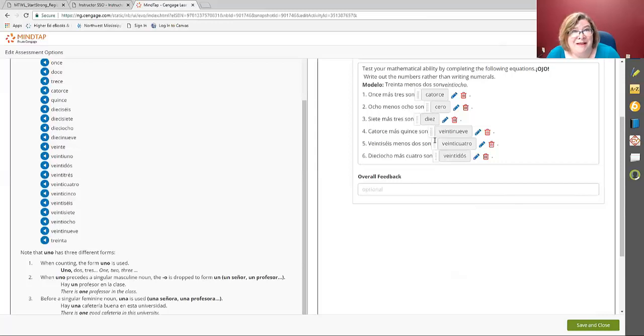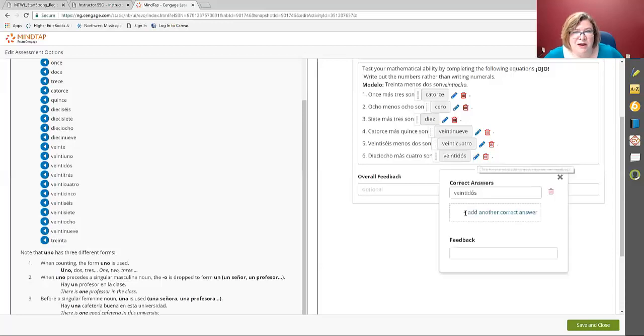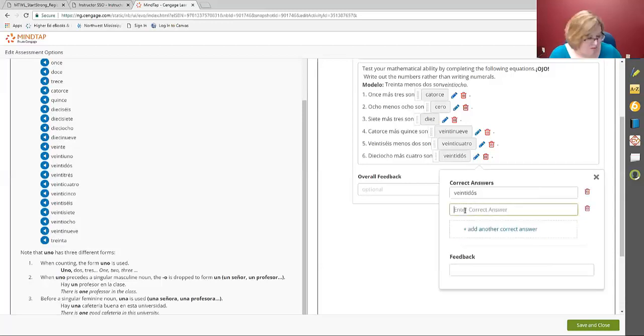Another example of that for me is my textbook actually uses the word armario for closet, and I never use armario for a room that's a closet. I always use the word ropero. So I went and could change the answer from armario to ropero, or to make them both acceptable answers. So I'm changing my answers individually and adding more activities or more right answers. And when I do this, as I said, this is going to change these in my personal course. This is not going to change Cengage's course, but when I copy this course next semester, I don't have to change these again. All of these things are already set up.